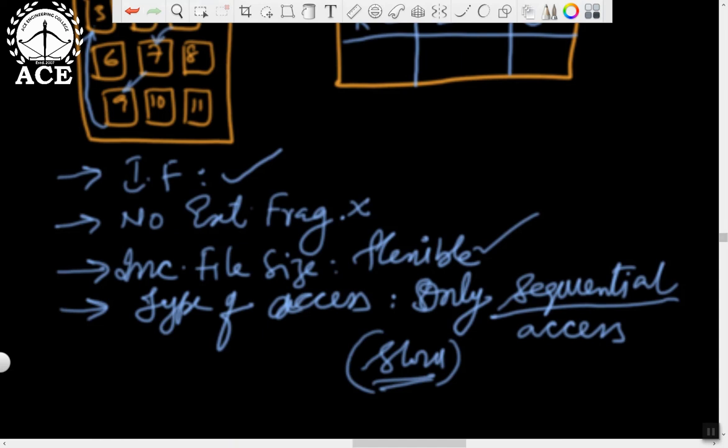Okay. So tomorrow you can expect a question based on this, like compare contiguous and non-contiguous file allocation methods, for 5 marks. Or they may ask you to explain all three allocation methods, out of which I have explained two. Then we have the third allocation method, which is a combination of contiguous and linked, and that is called index allocation. So we'll see index allocation in the next video. Okay, right.